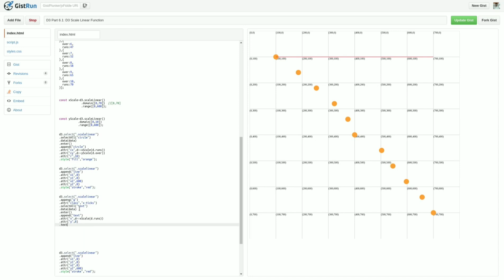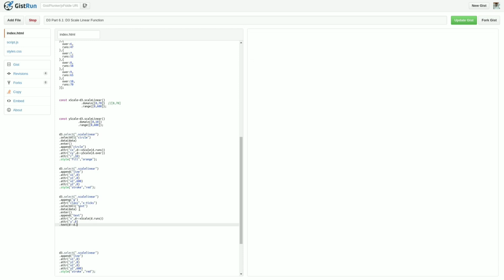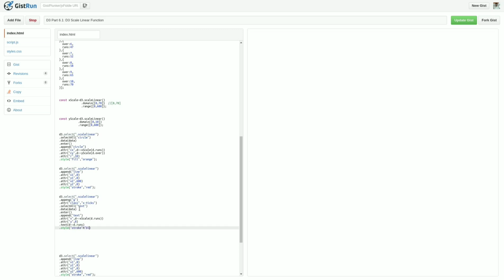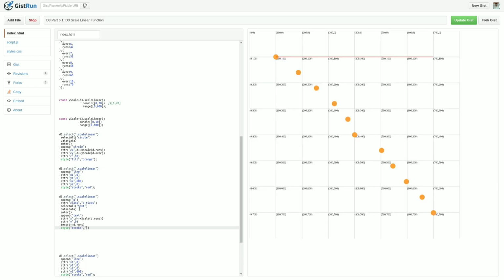Now dot text, I want to append d.runs, dot style, stroke as black.